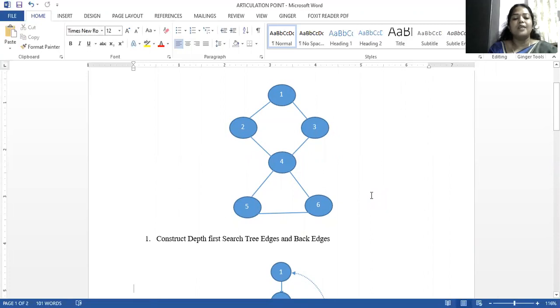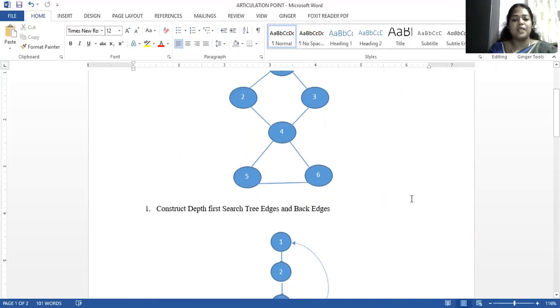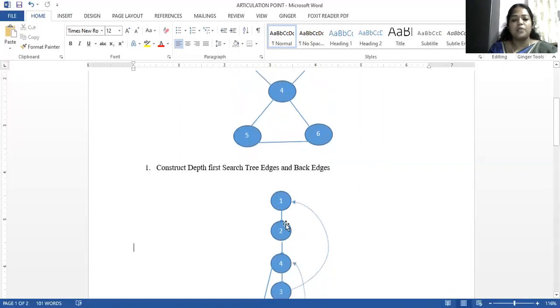Now let us check the algorithm for how to find this articulation point. Initially, just construct the depth first search tree using tree edges and back edges. I'll explain what a tree edge and a back edge are. For this graph, I want to construct the depth first tree. Initially assume I'm starting the traversal from the value 1. From the value 1, I can proceed in the direction on the left side to the value 2. So here the depth first tree will be constructed like this. From 1 it has reached the value 2, and from 2